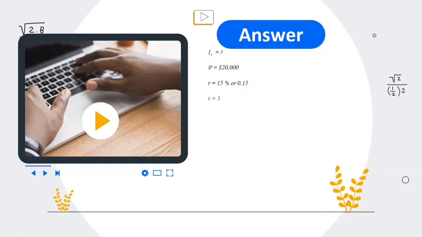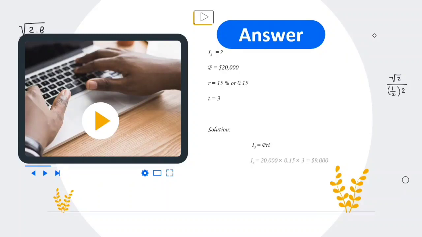Now computing for IS, we have the formula PRT. So that's $20,000 times 0.15 times 3, that will give us